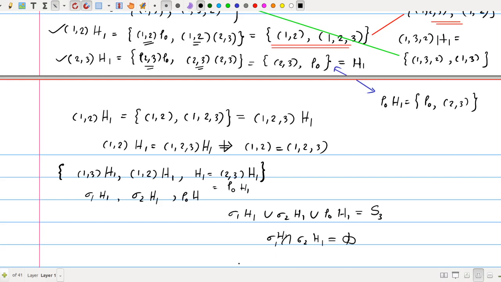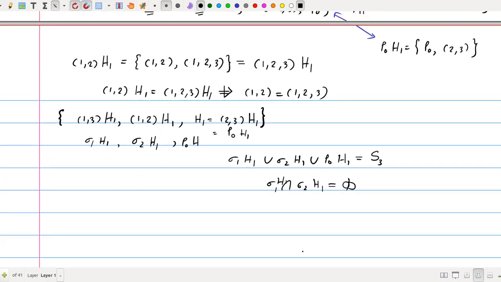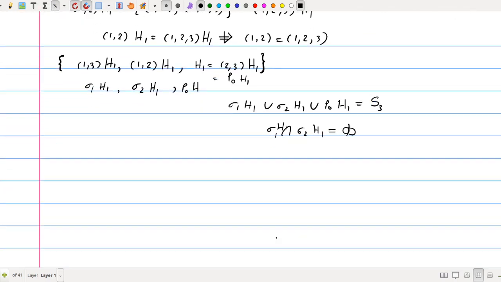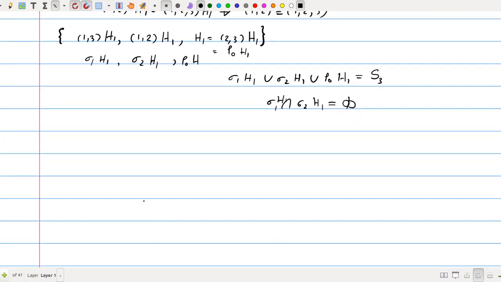cosets are disjoint. Okay, so this is because of the theorem we discussed yesterday. These cosets are nothing but the consequences of some equivalence relation. So cosets are in fact the equivalence classes of those equivalence relations. So that will form a partition for the whole set, say S3. So that's why we are getting this as the partition of S3. Okay, so this is one of the important examples discussed in the textbook,